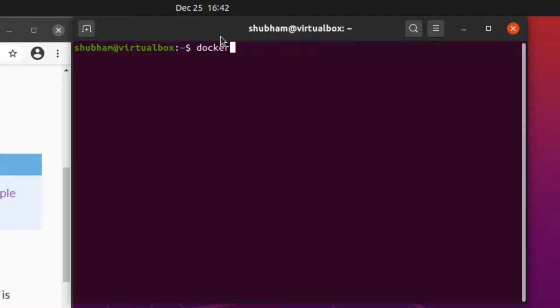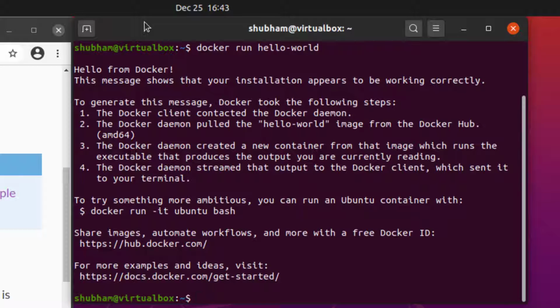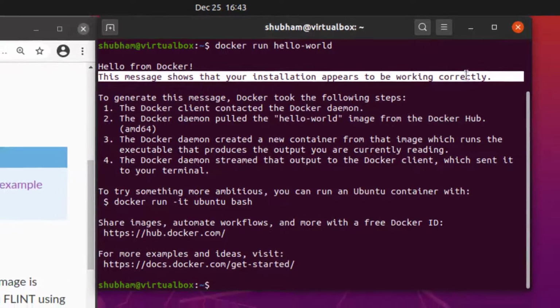Use the command docker pull hello-world to install the hello world image. Next, use the command docker run hello-world to run the hello world image. If you get a similar output as shown here, it means that Docker is running properly.